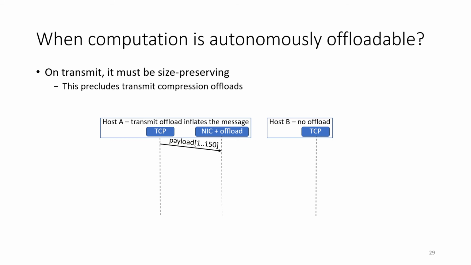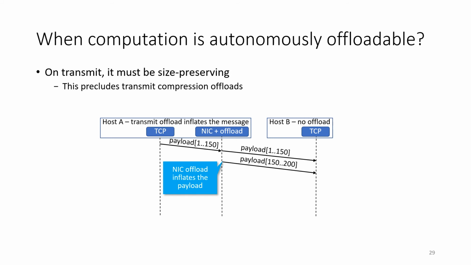So the software on host A sends 150 bytes, and since the NIC offload adds 50 more bytes, and these do not fit in the same packet, the NIC sends another packet with the additional 50 bytes. Thereafter, host B receives the data and acknowledges all of it. However, the latter ACK is lost. Thereafter, the NIC on host A receives all packets and passes them to software.